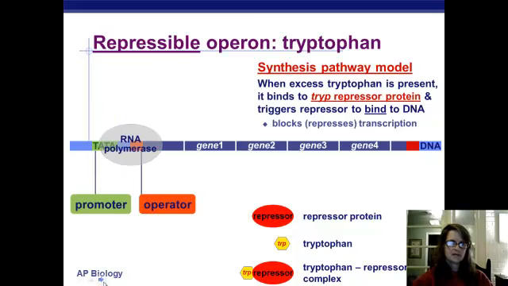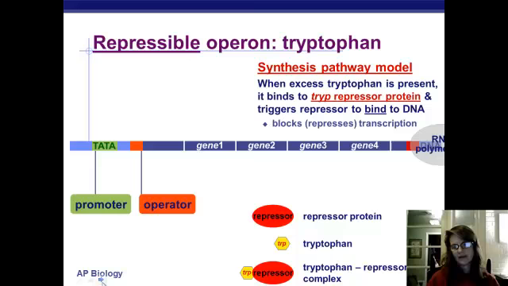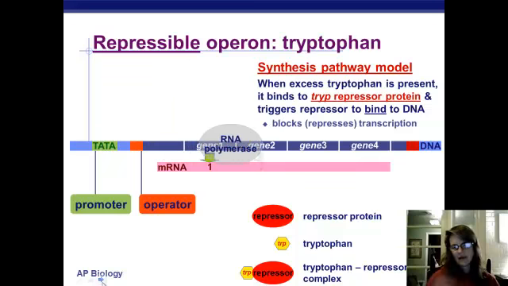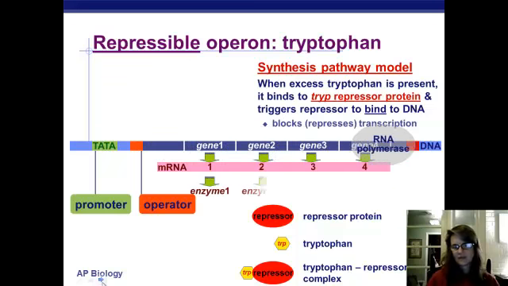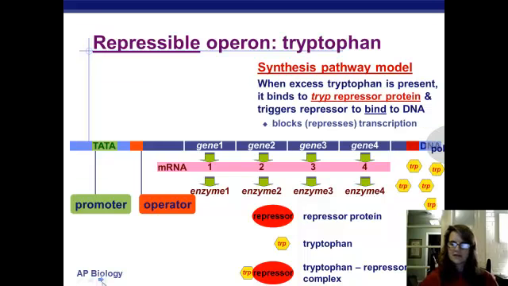And what we're going to do is RNA polymerase would bind at the promoter and move on down, and we would make the mRNA that would code for all those enzymes that would help to make tryptophan. So there's all the tryptophan we end up making out in our cell as a result of these enzymes being active and functional.